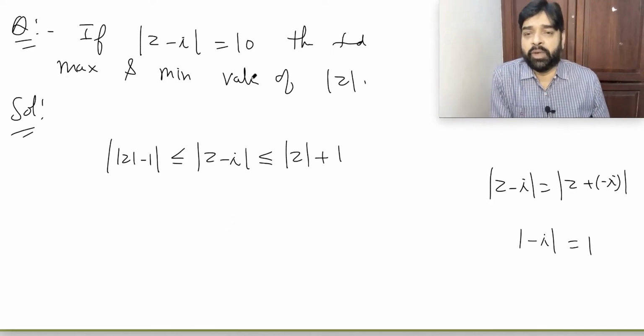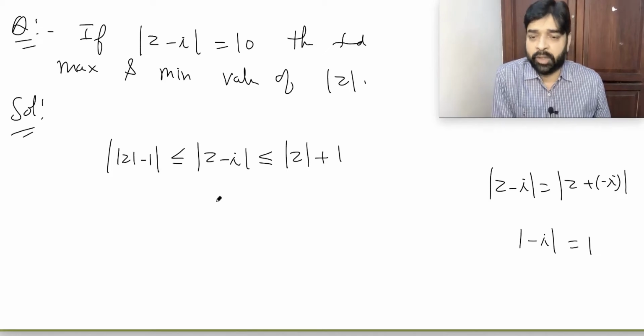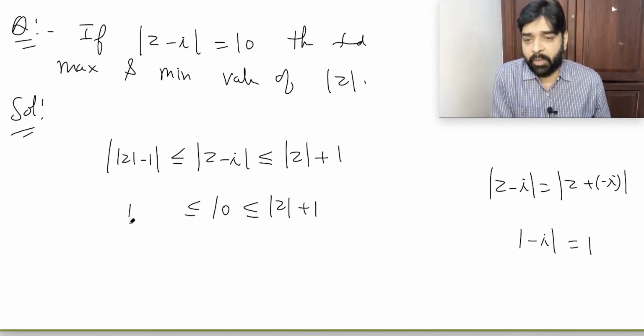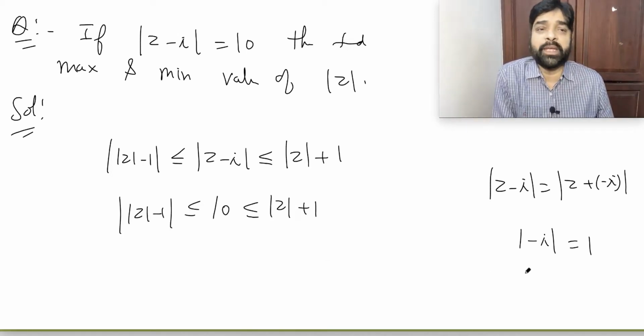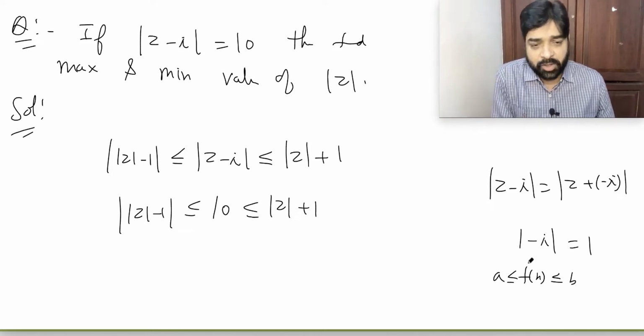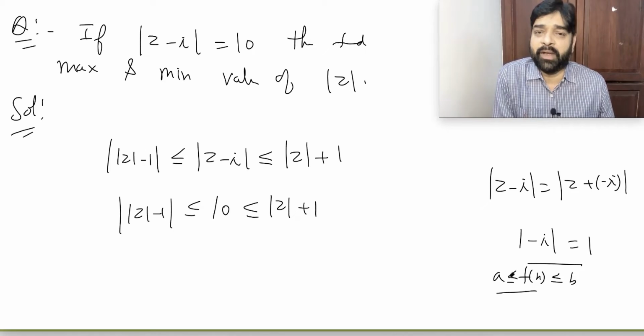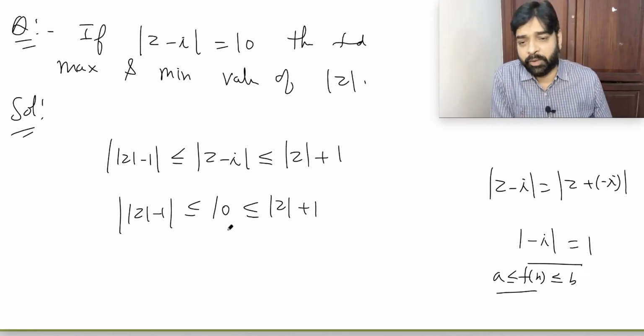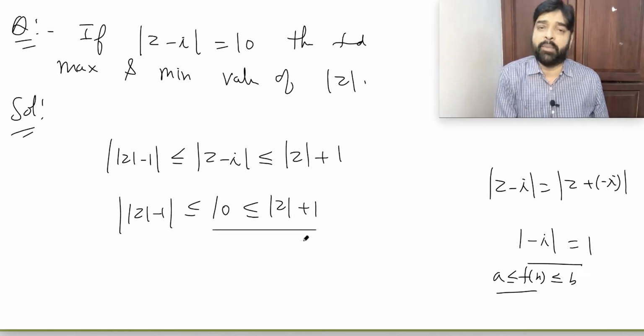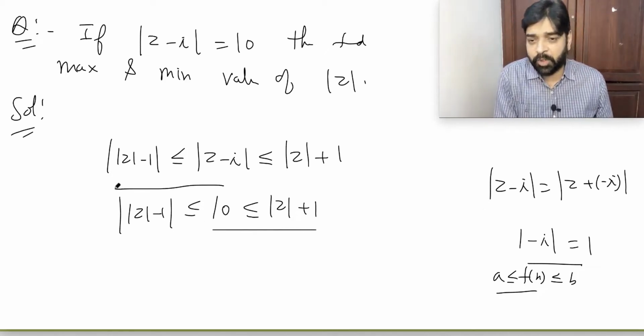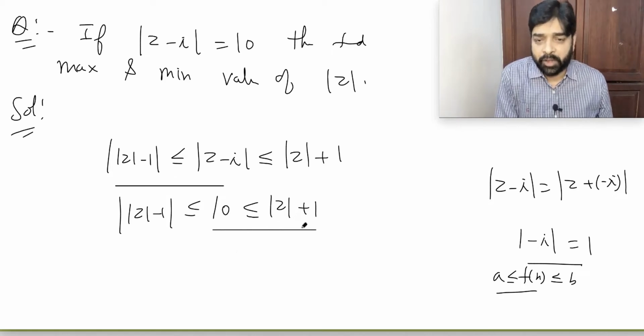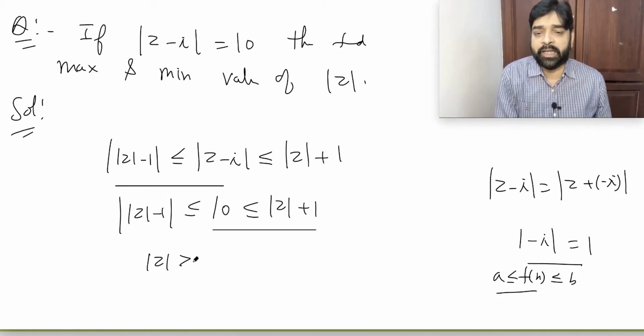Now, what is known? I know this value, 10. So I will say 10 is less than or equal to mod z plus 1, which is greater than or equal to the whole mod of mod z minus 1. Try to recall when we were doing basic maths. I told you whenever f(x) greater than or equal to b is coming, solve this portion and take the common value. Do you remember? All of you remember? So what I will do? First I will solve this portion. I will get the mod z value. And then I will solve this portion. I will get the mod z value. So if you solve this portion, you will get mod z greater than or equal to 9.